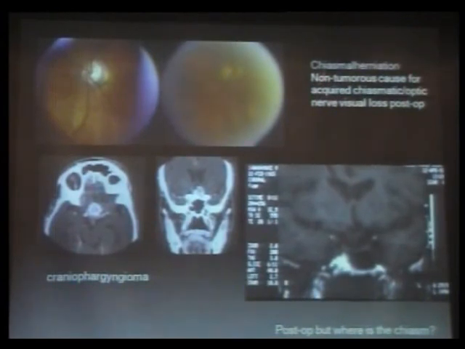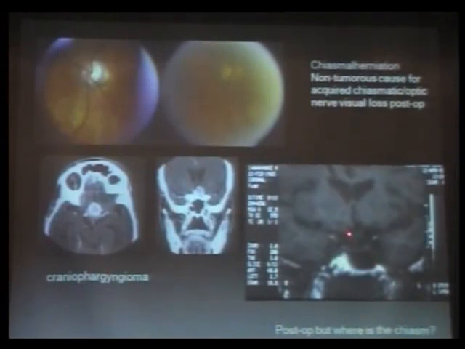This patient I want to tell you about very briefly. And this was a young man who had a craniopharyngioma, and he had his surgery for that. And the morning after his surgery, he started to sneeze. And all of a sudden, he said that his vision, which had been okay the night before, was very decreased and he could hardly see. And this was his fundus appearance, and so although that afternoon had some power to it, the other looked all right, and he had a bitemporal visual field defect when we saw him, but we just didn't happen to know what he had looked like before. But he also had a large central scotoma on that side, and he was 20/200, and when we did his imaging,